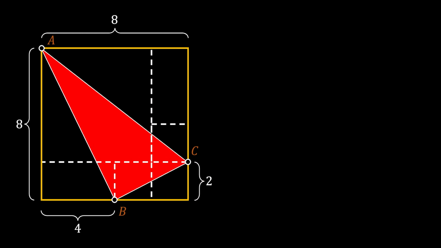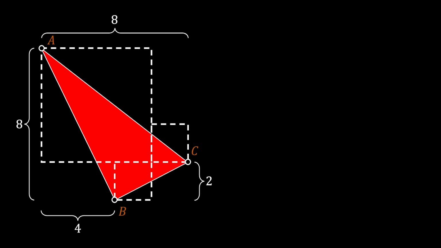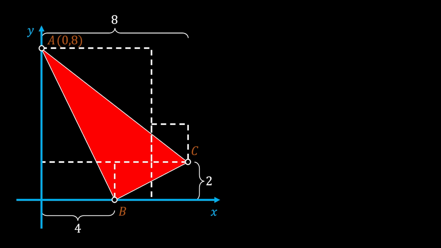Again, at the beginning of this method we are going to save some measurements which we got earlier, then we are going to introduce the x and the y axis. Now let's try to find the coordinates for the points A, B and C. Let's start with the point A that has the coordinates of 0 and 8. Then let's notice that point B has the coordinates of 4 and 0, and the point C has the coordinates